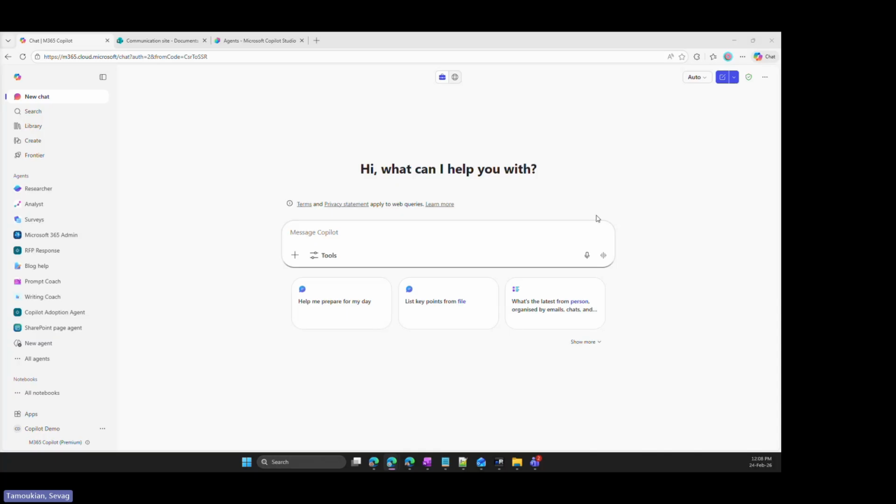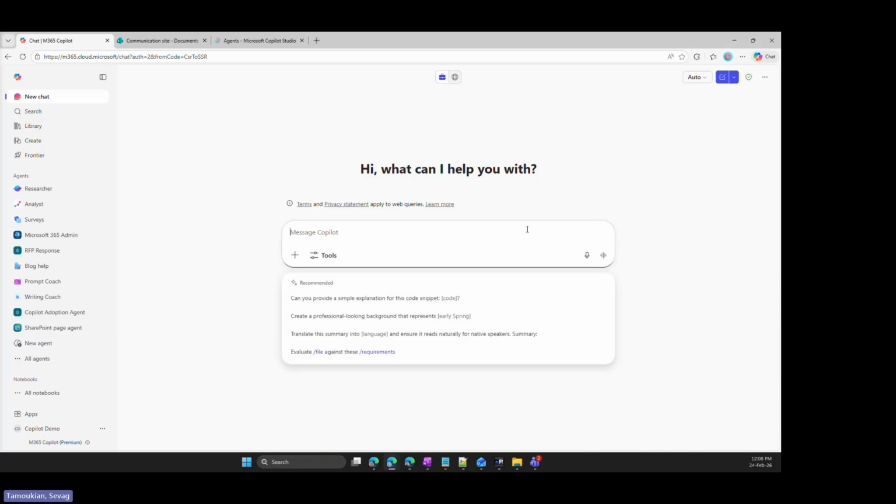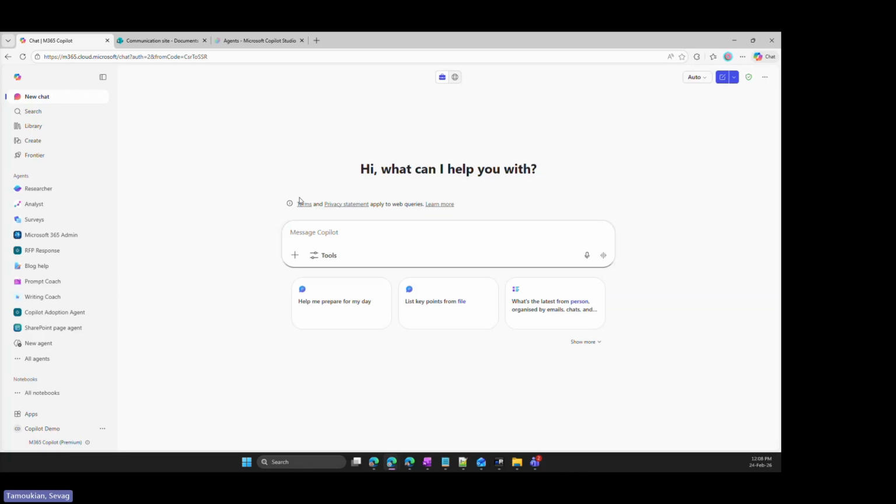This is my demo tenant. So every time I'm doing a demonstration, I'll do it in this tenant and then not clean up. But if you have an M365 Copilot license, you will be familiar with this screen when you open up M365 Copilot as the application or as a web version. I want to quickly highlight one thing over here, the security aspect where Copilot integrates with your existing M365 configuration, especially when it comes to security.